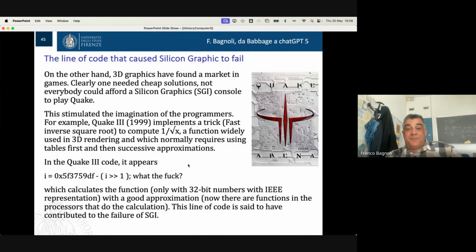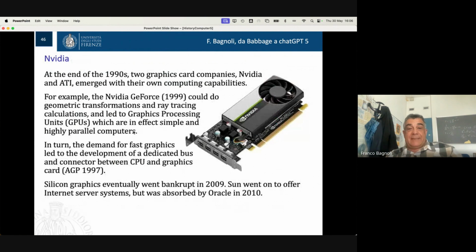And so someone said that this line of code was what brought SGI to failure. But on the other hand, the pressure for having faster and more accurate graphic cards led companies to develop a kind of computing capabilities. NVIDIA developed the idea of making a lot of computation, like geometric transformation, ray tracing, etc., just on the hardware